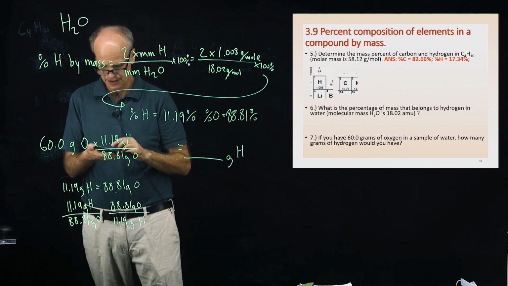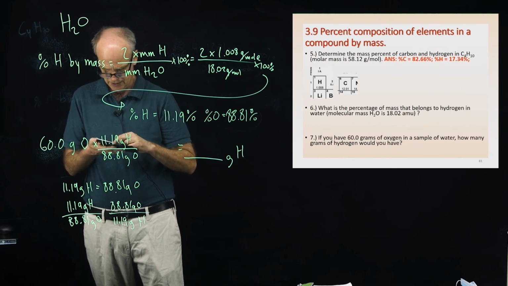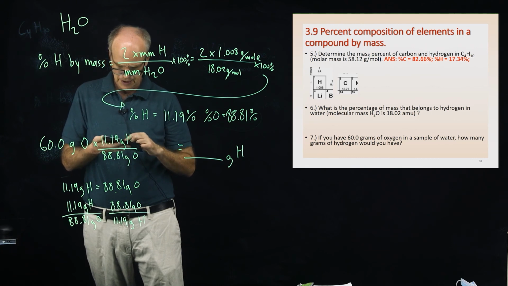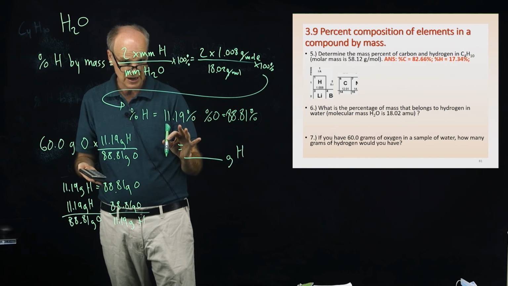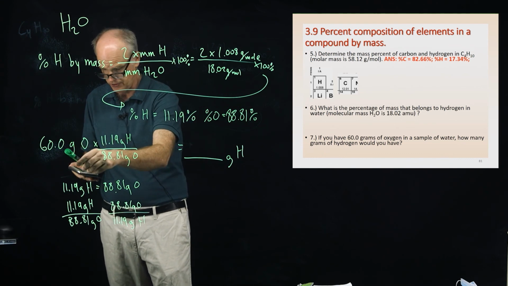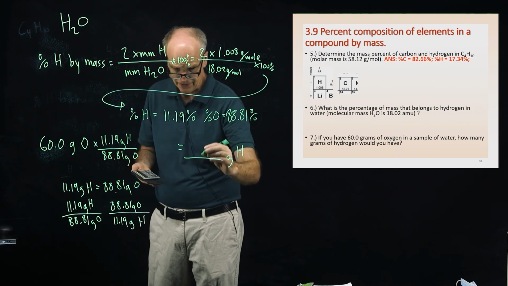So let's see what I get. So 60, 11.19. Okay, so I get a large number on my calculator, but it looks like I'm going to round this to 3 significant figures. So if you do the math, I get